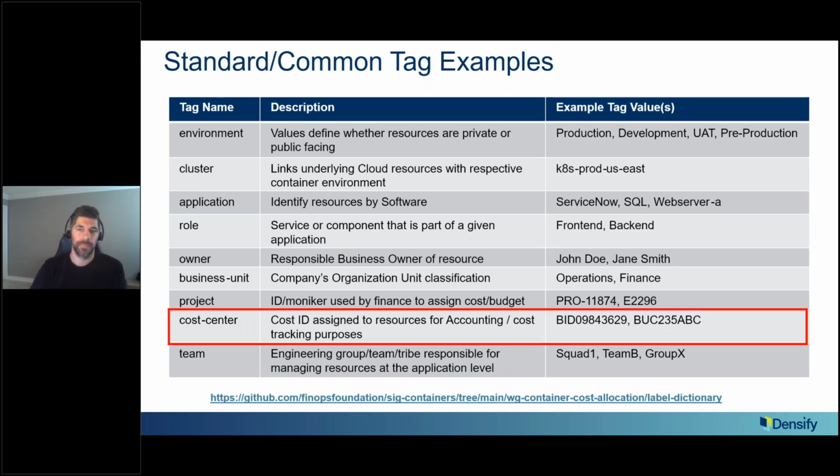Here's an example for cost center. This is a tag that's used, as I mentioned before, by finance to assign a cost ID so that information can be reported back to accounting for financial purposes. And then those values will commonly have an identifier that is unique to the company and is applied uniformly across all of their configuration items. And it's not exclusive to public cloud, it also would apply to containers and to VMware and any other on-premise